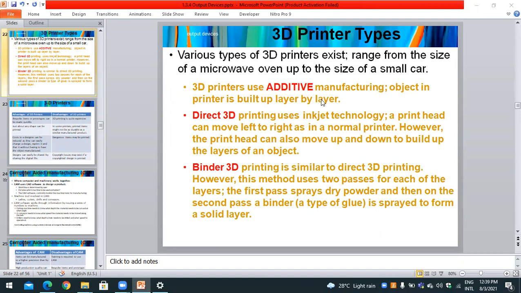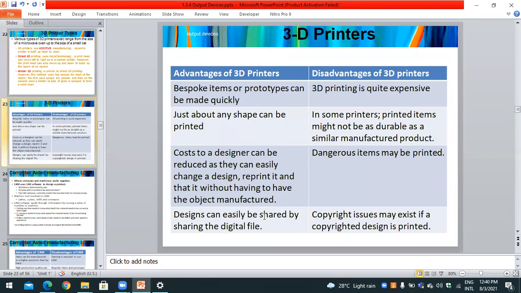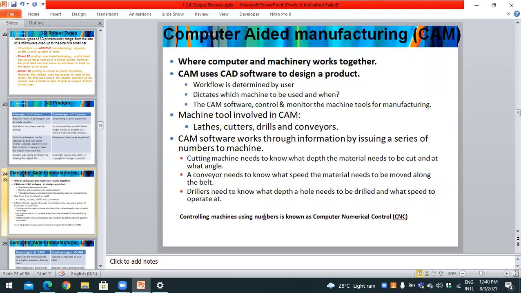All the material is available on this slide, as well as in your book: what the additive part of the 3D printer is, what direct 3D printing is, what binder 3D printing is. We can discuss the advantages and disadvantages of the 3D printer. The CAM and the CAD, you should know about it, the CNC, computer numerical control, and you must have studied